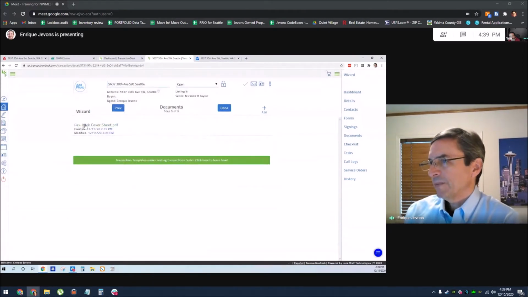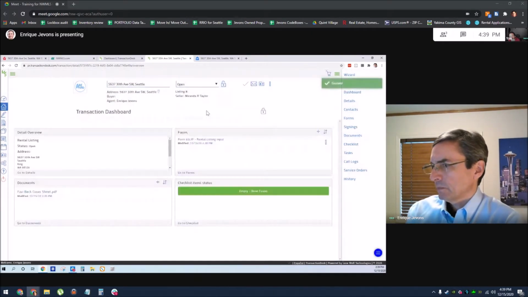Alrighty. Fax back cover sheet. Nobody ever uses fax these days, so that really doesn't matter. But we'll say done. Okay, so we got our form in there. So the next thing we want to do is we got to fill it out, and then